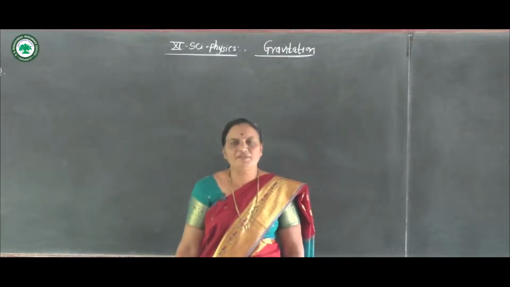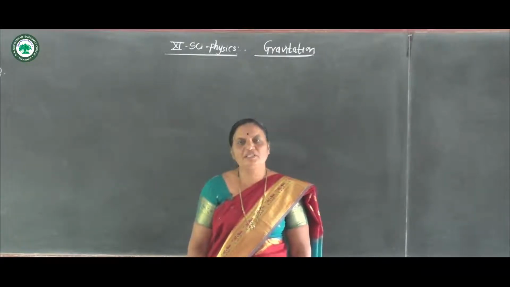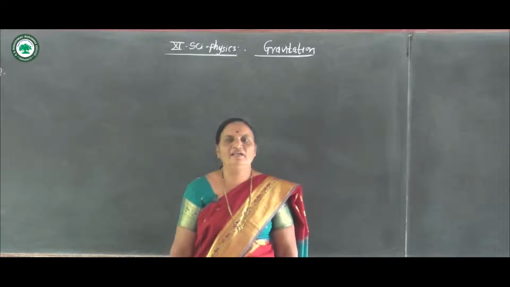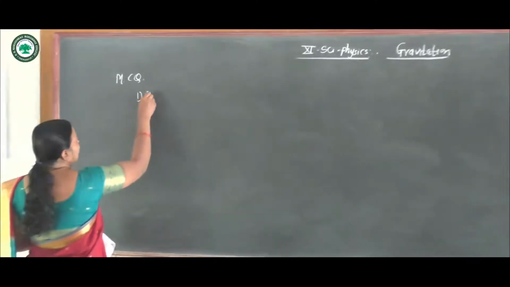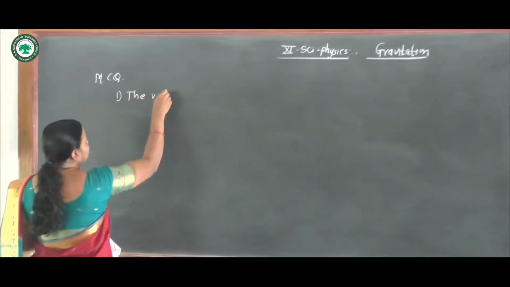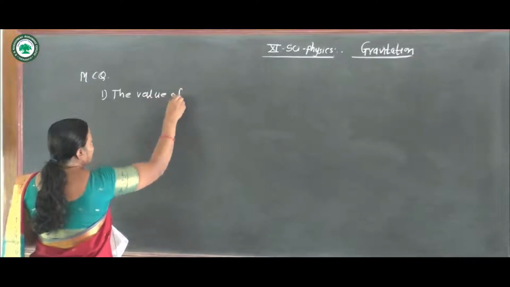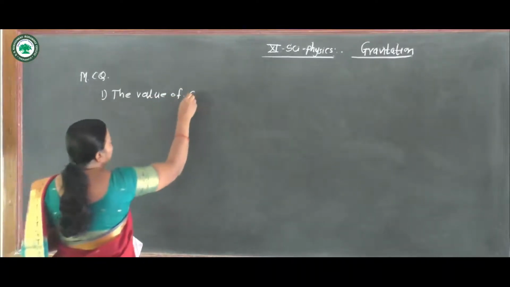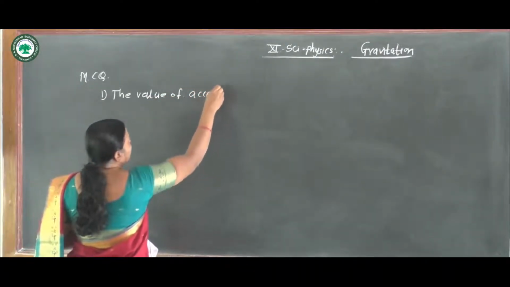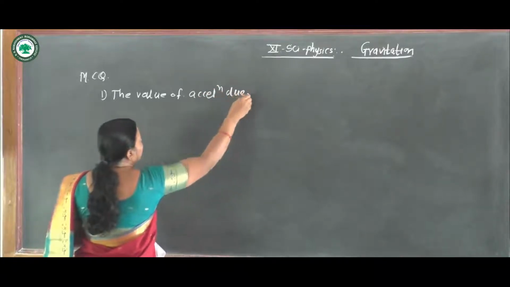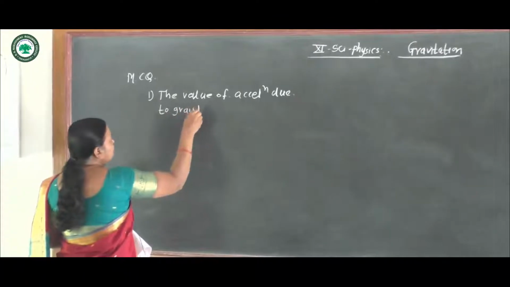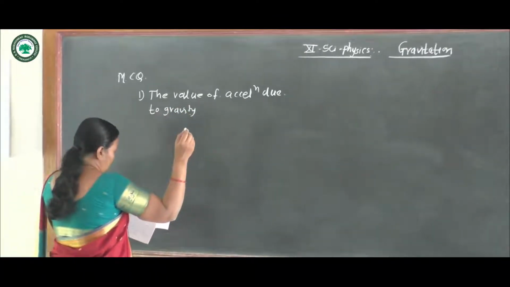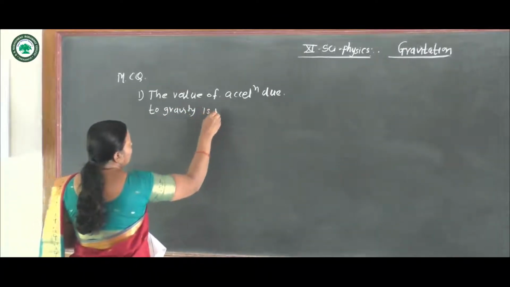We finished the chapter Gravitation. Now we see some examples and MCQ. Now see the value of acceleration due to gravity. Acceleration due to gravity is maximum